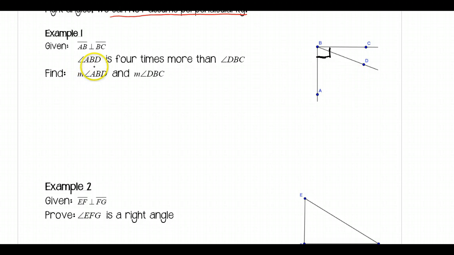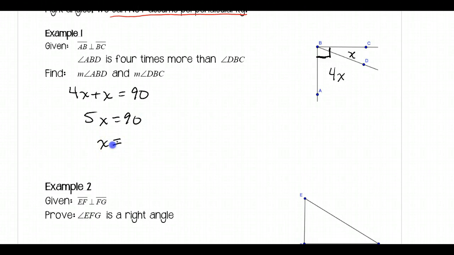So I know that angle ABD is 4 times more than angle DBC. So I know that angle DBC is smaller, so I'm going to let that be x. And then since ABD is 4 times more, I'm going to let this angle be 4x. And then again, since these are perpendicular, I know that this angle forms a right angle, which means it measures 90 degrees. So I know that 4x plus x is equal to 90, which means that 5x is equal to 90, which means that x is equal to